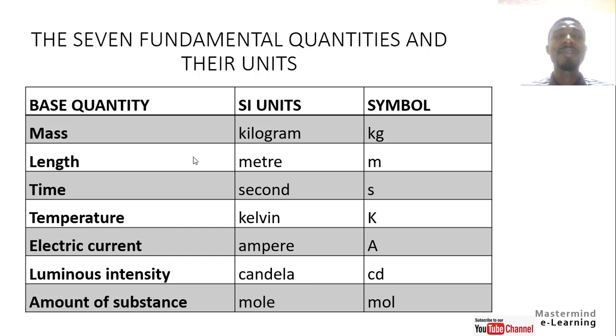Now, there are 7 fundamental quantities in use. The first one is the mass, which has a unit of kilogram, length, which has a unit of the meter, time, which has a unit of the second, temperature, which has a unit of the Kelvin, electric current, which has a unit of the ampere, luminous intensity, which has a unit of candela, amount of substance, which has a unit of